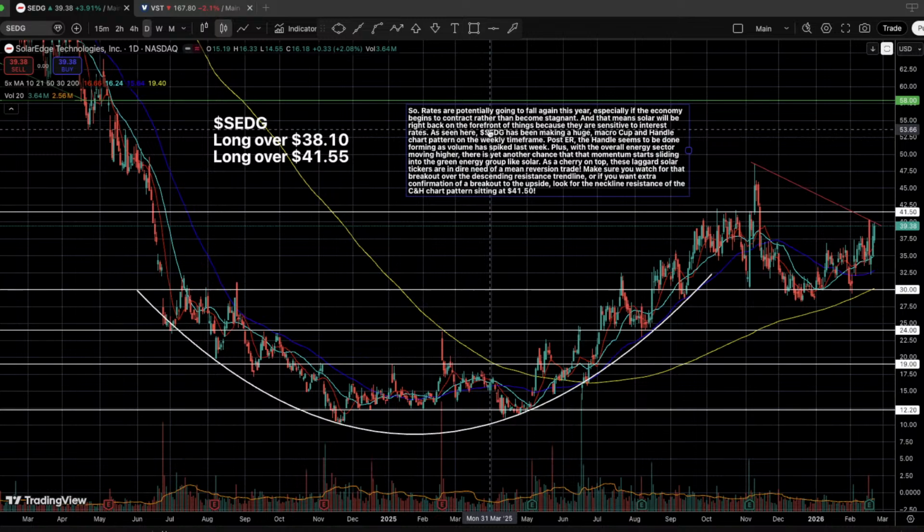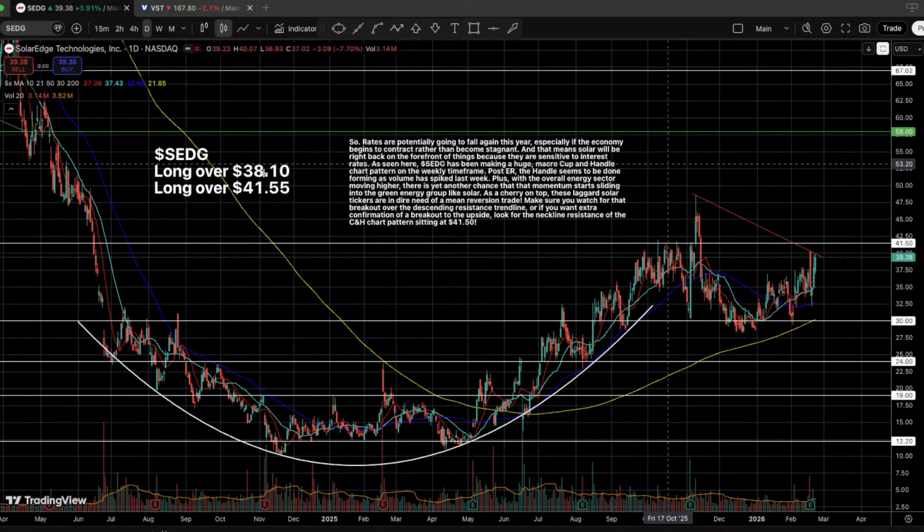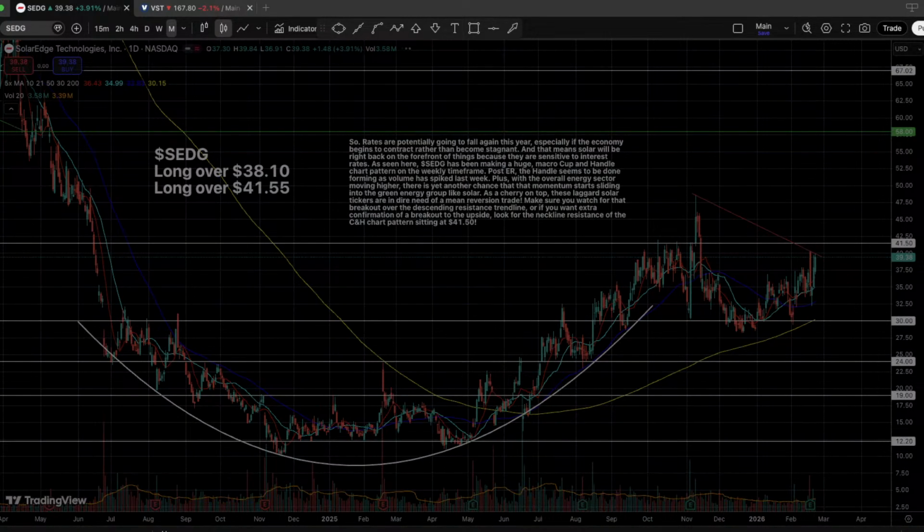So again, so far oil and gas names have skyrocketed if you guys haven't been paying attention to the energy sector. And so once that energy declines, right, that momentum and that bullish sentiment declines, that can head towards this solar group, right? And we can see solar getting a lot more traction again, and specifically for tickers like SEDG, we can be seeing huge mean reversions back to the upside. And again, there's a lot of supply on SEDG. I've shown this name multiple times in the past, but massive